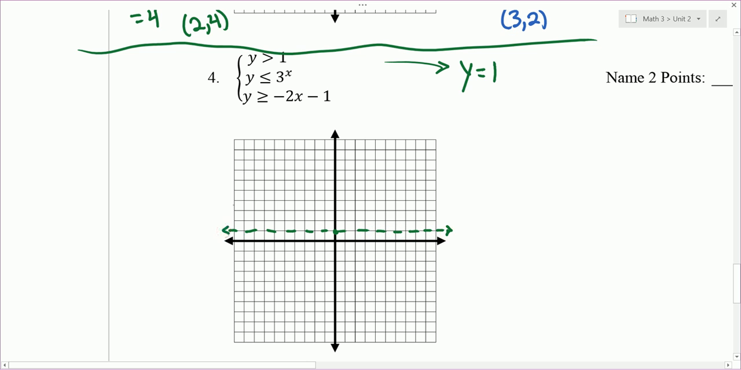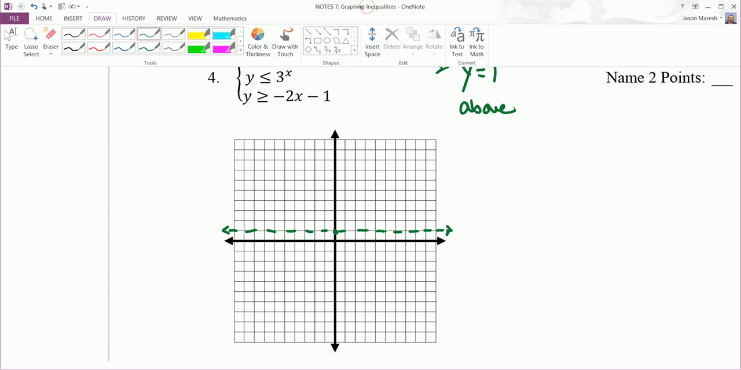And we're not going to shade quite yet, but we got to decide shade above or below. And in this case, we're going to shade above because it's y is greater than. Okay, next